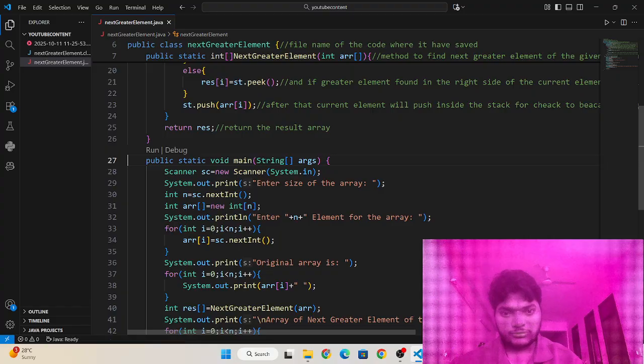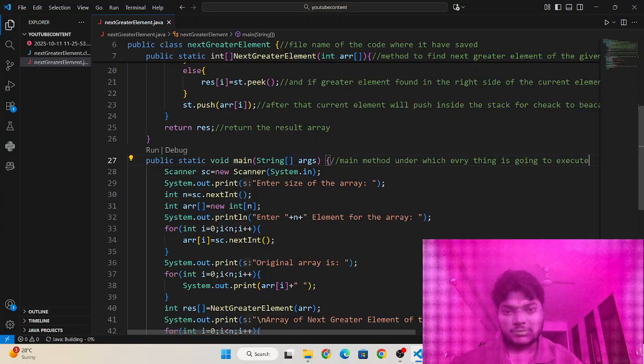and this is the main method under which everything is going to execute.